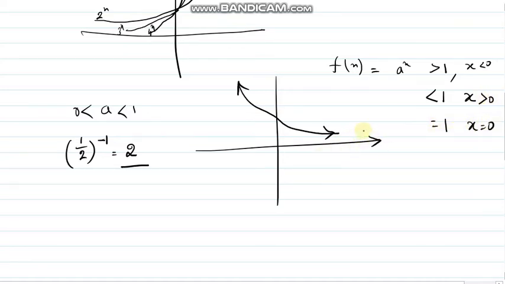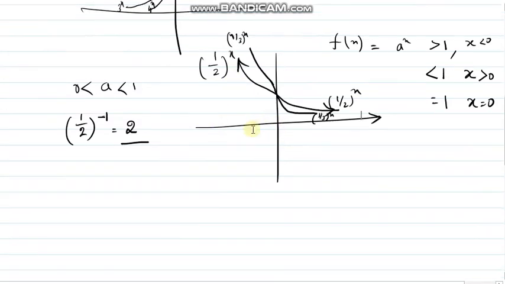So these three cases will be there. So here also, if this is the graph of half to the power x, 1/3 to the power x will start over there and it will go over there. So this will be 1/3 to the power x, and this will also be 1/3 to the power x. This will be half to the power x, like the previous case only. So this is the exponential function.